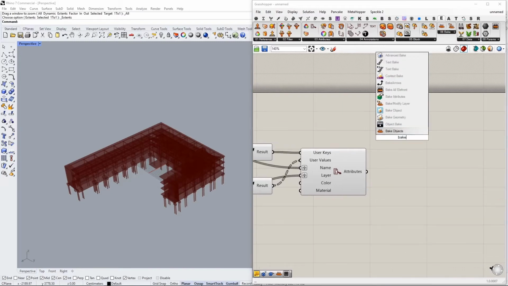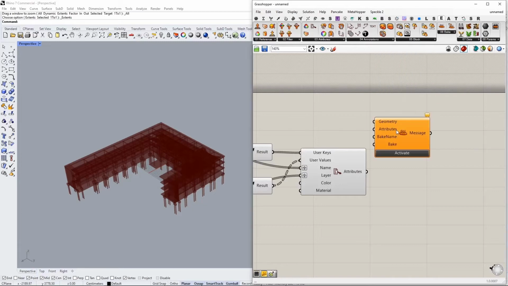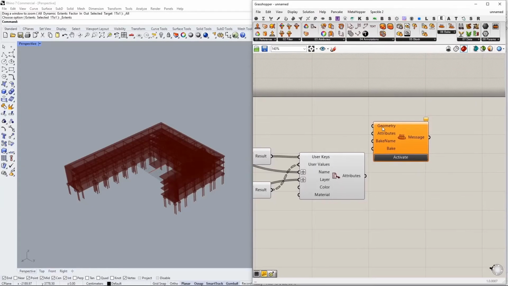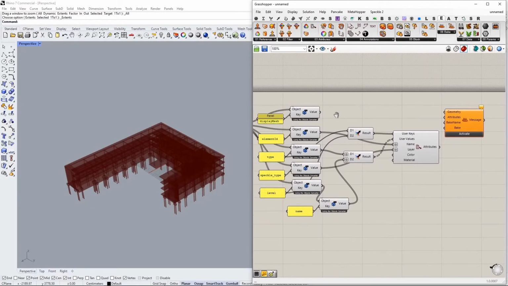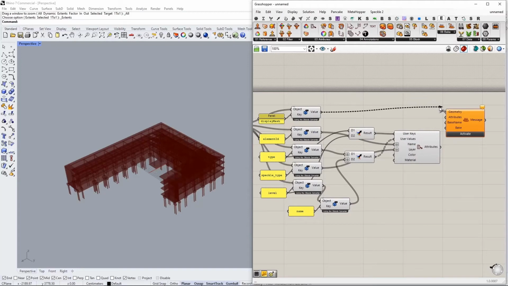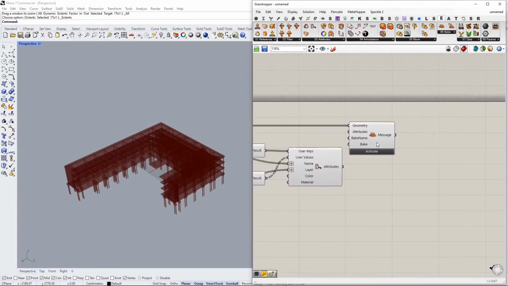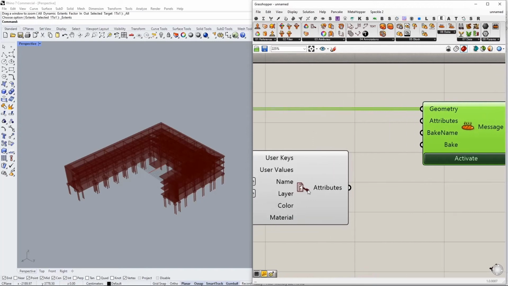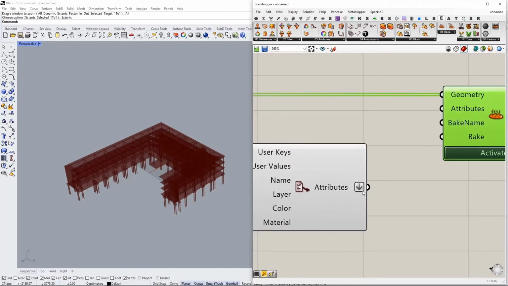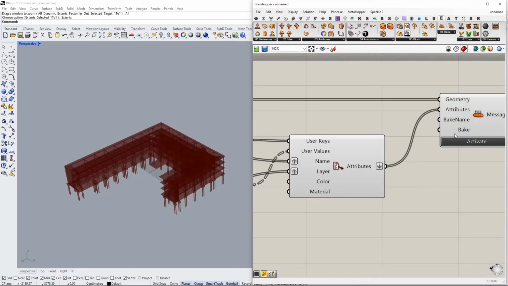To do that, I'm going to use the node called bake objects. Just make sure that you're using the correct one, this one, which is under elephant and bake. So the geometry inputs will actually come from the display mesh, and the attributes will come from here. I'm just going to flatten it just in case and connect it as the attributes input. Let's give a name to our bake. I'm just going to say it as Revit to Rhino with properties